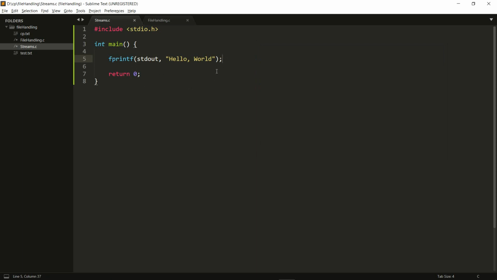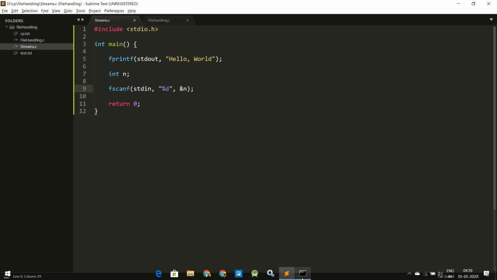Similarly, I can also read from the standard input stream. So I do an int n, and then I can say fscanf, stdin, and then %d and then &n. Here again, I'm mentioning that I want to read from the standard input stream.